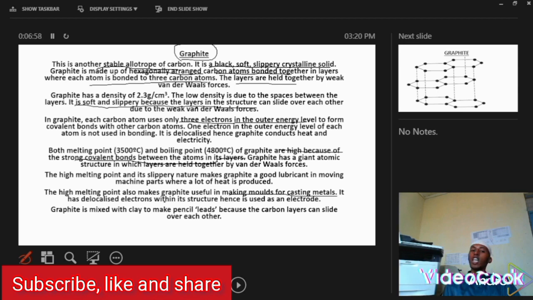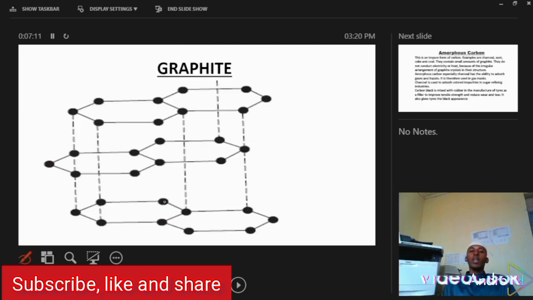It has a delocalized electron within the structure, hence is used as an electrode. Graphite is mixed with clay to make pencil lead, because the carbon layers can slide over each other. Here now we have the diagram of graphite. Remember, this one is the carbon atom, and here we have covalent bonds, and this dotted line is a weak